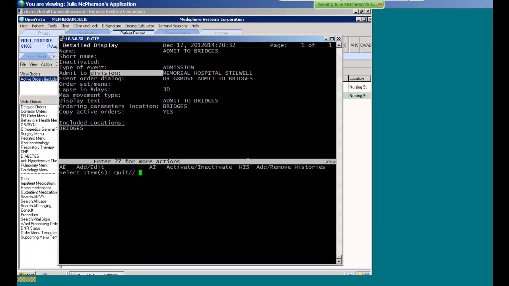And I will tell you that with delayed orders and auto discontinue rules, this admit to division has been a problem. For some reason, it sometimes comes with a setting of 1, which is General Hospital. And that's a hospital that's set up and ready to go as sort of a preliminary or space holder, right? So one of the things that you will do as the clinical consultant is when you build these rules or change them or make them up new, you will always check to make sure the